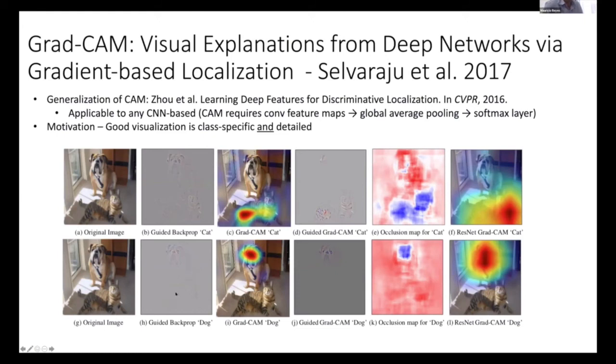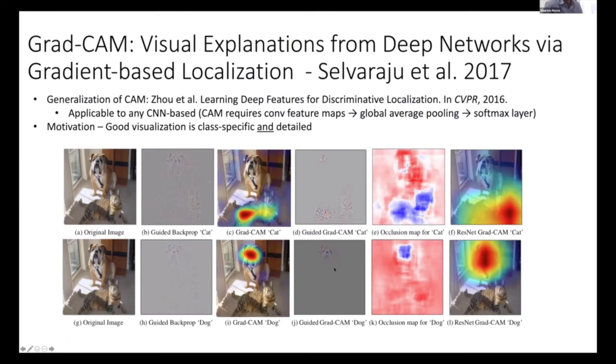The same for the dog, you see a lot of the cat. So what they propose is actually to create a mask that's more smooth. You can see here, this is for the class cat, and this is for the class dog. So in a way, it's more reliable than pure gradients. When you combine these two, you can have a bit of an in-between solution, what's called a guided Grad-CAM for